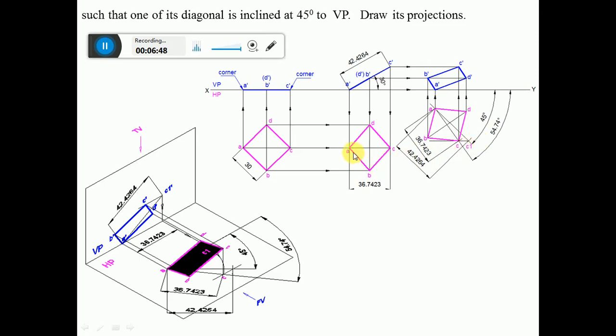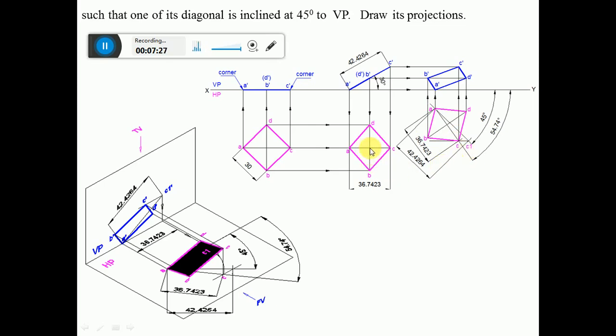Then take the apparent length of this in the second position top view, and with A as center, cut an arc on the locus, so that you get this point C. Then join A to C, the projector line. Then you measure the length from A to this point. From A you cut an arc on this line AC, and since this line BD is perpendicular to AC, from this point, by using the protractor, you measure an angle of 90 degrees to this inclined line AC. Then draw a perpendicular line to this inclined line AC.